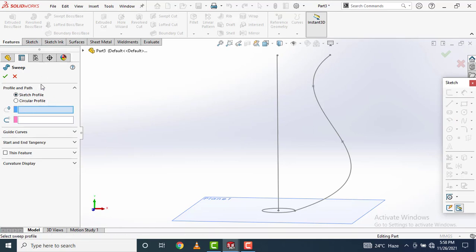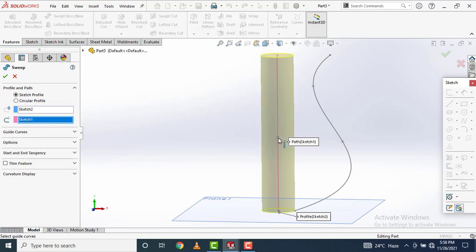This time we will select sketch profile. Then it is asking to select the sketch first. In sketch, we will select this circle. Then it is asking for profile. In profile, we will select this line, which is our center line.